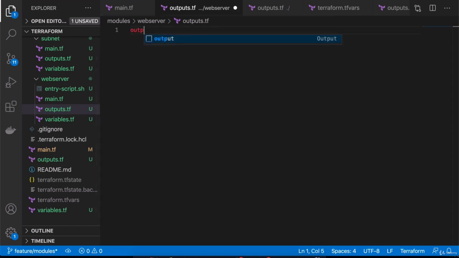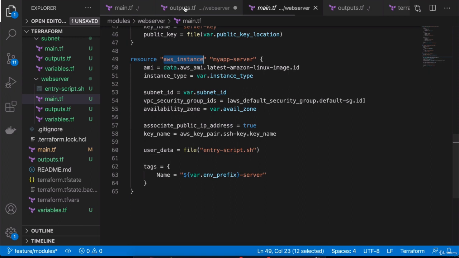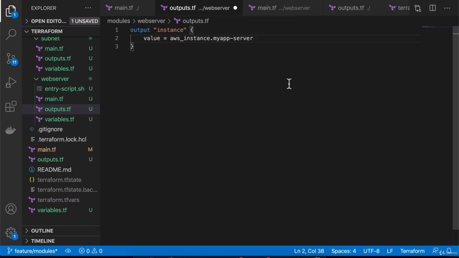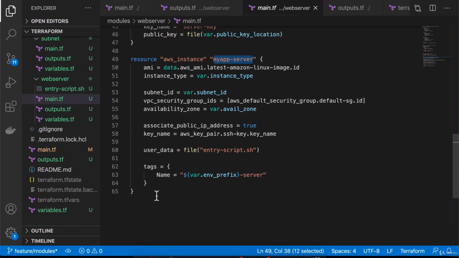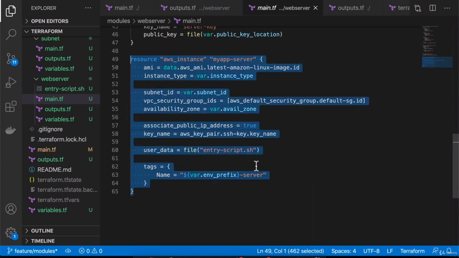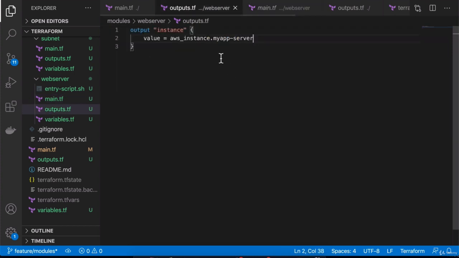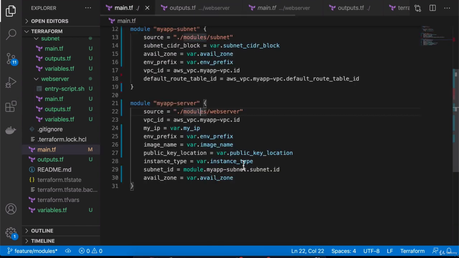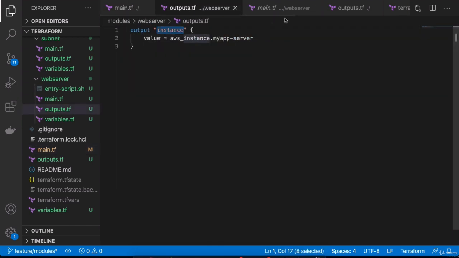So right here, we're going to do output. Let's call it instance, and value will basically be aws_instance, the type. Then we have the server, and let's actually output the whole object. So this will give us the whole instance with all of its attributes, and then we can decide which one we want to access. So we are now exporting the instance using the instance output, and this is how we can actually access it